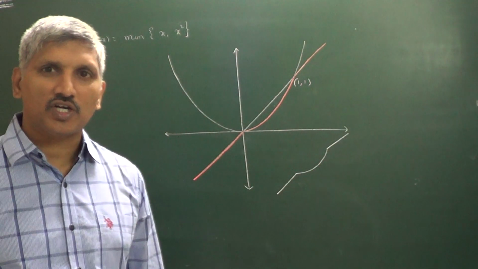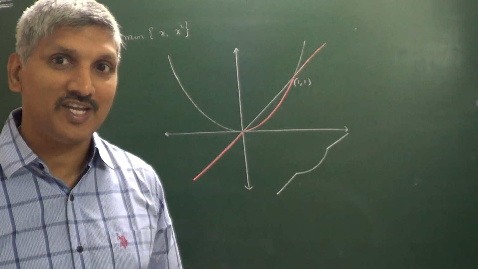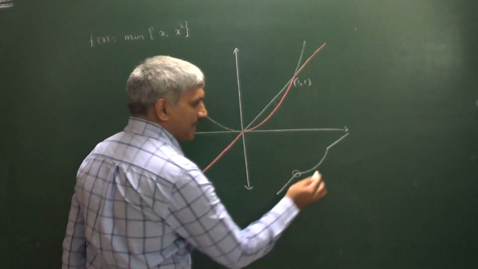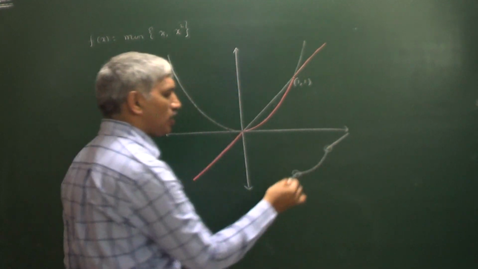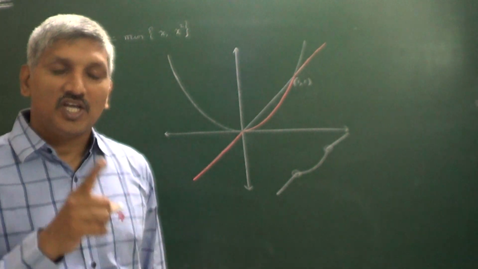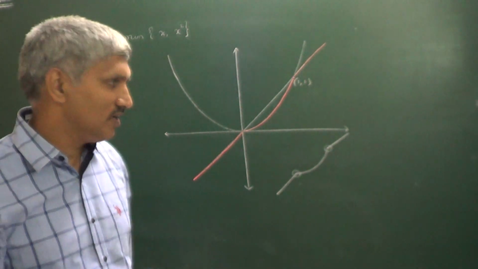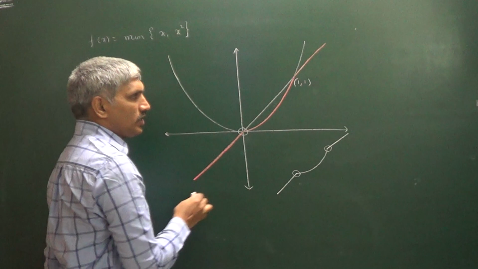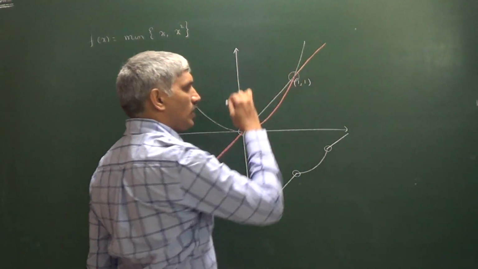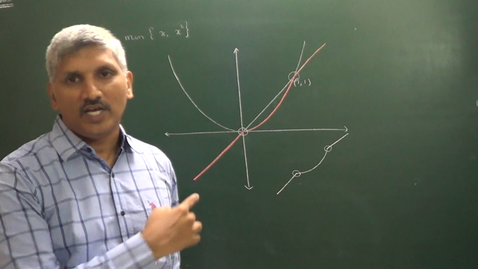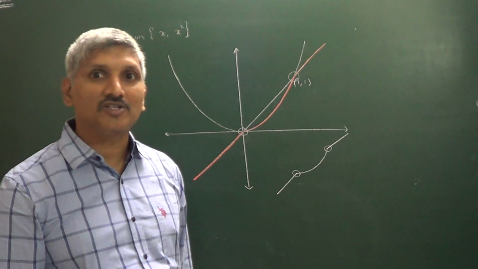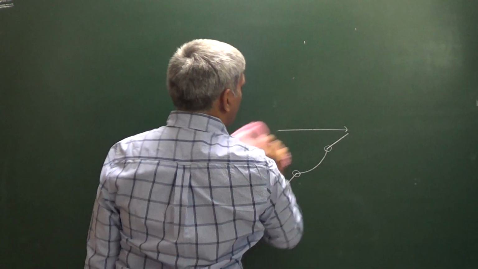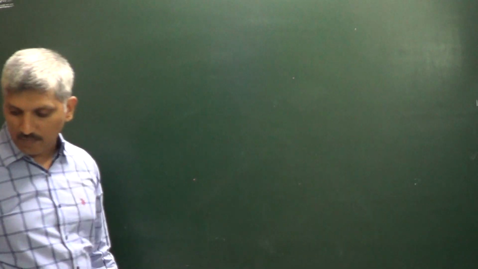No doubt if you observe the graph, it is a continuous graph only, but at this particular point there is a sharp edge. At this particular point also there is a sharp edge. At those 2 points the function is not differentiable. But what are those 2 points? One point is x is equal to 0. The other point is x is equal to 1, where there is a sharp edge. At those 2 points the function is not differentiable. So without writing a single step, with the help of the graph we completed that particular question.